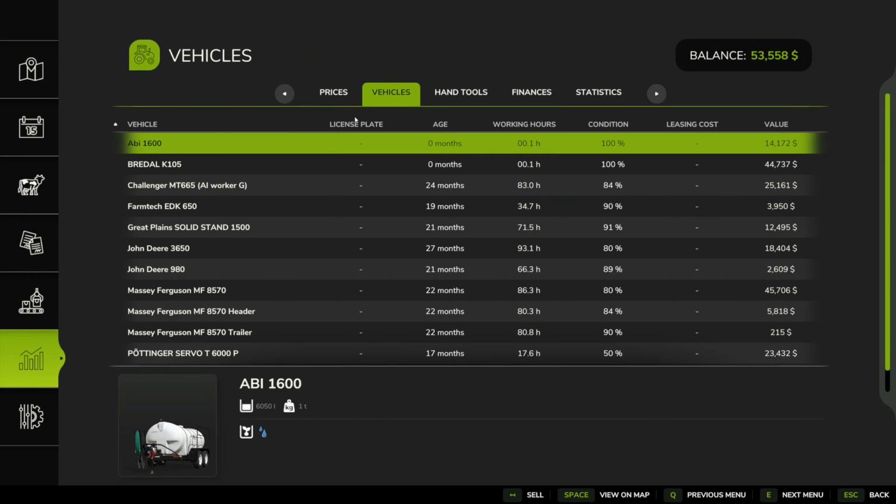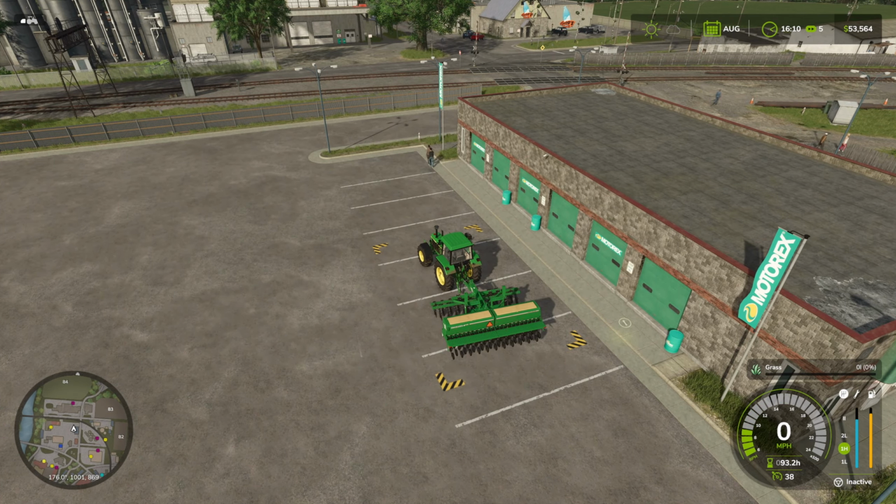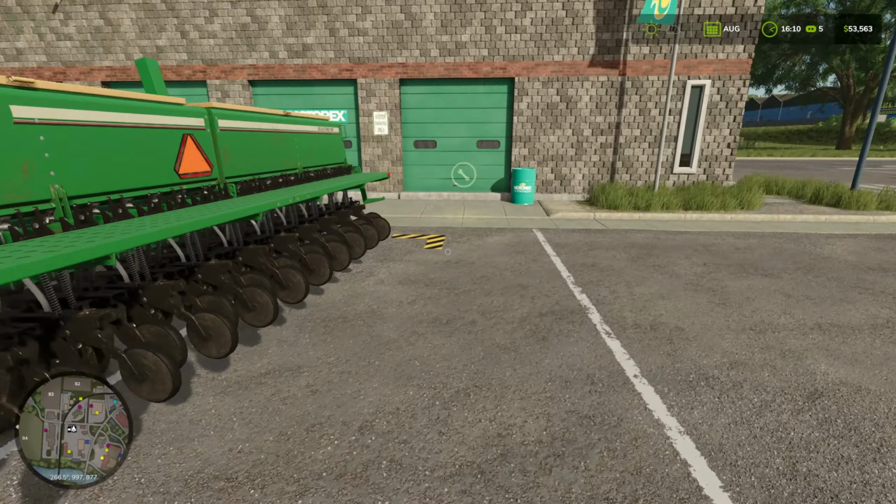Right, we're just here at the shop. I have to unload this. I'm just going to unload the seed there, because we're going to have to actually upgrade the seeder to be able to take fertilizer as well. And I think that's going to be a handy upgrade to do. I'll just separate these two. I'm also going to just see while we're here if the John Deere can...